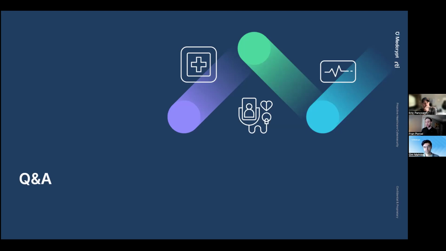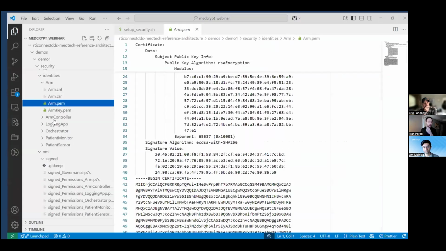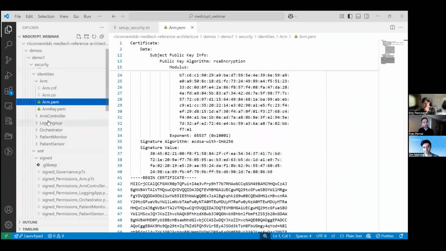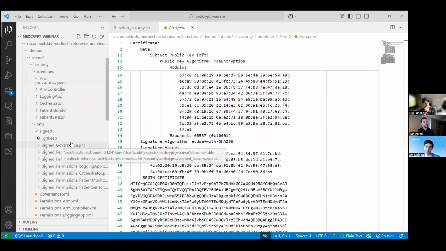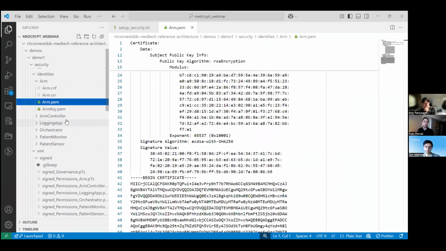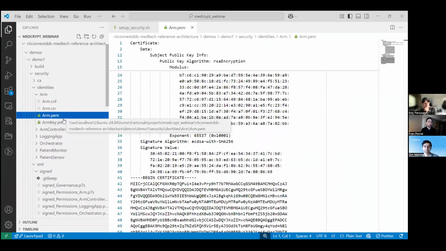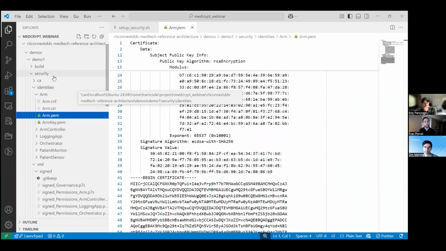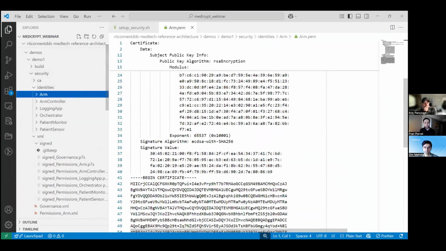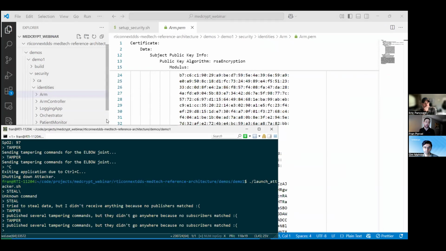If I have all my system right here with all these documents signed by me, why couldn't the attacker also turn on the Connext security extensions and use these same files, or even create files of their own, and just be able to join the system? Well, in the demo today, just for the sake of the demo, the attacker wasn't using the Connext security extensions,